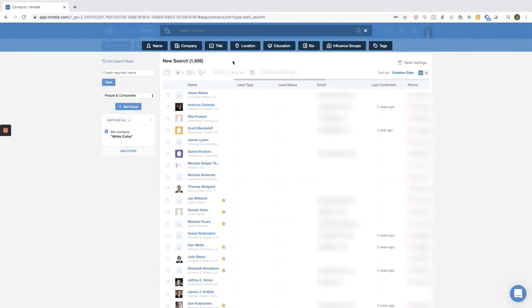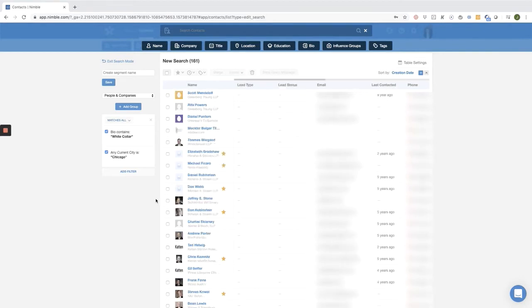1,606 attorneys. Let's limit it to attorneys, let's say in Chicago, and I'm going to put that in by further segmenting the data. So let's wait for that to happen. Now, what's very interesting, one of the appointments that I had years ago was with one of my clients that was calling on, again, white-collar crime attorneys, and this individual prosecuted John Gotti. So here, I'm just going to put that in there, and I bet you'll be able to pull that up.